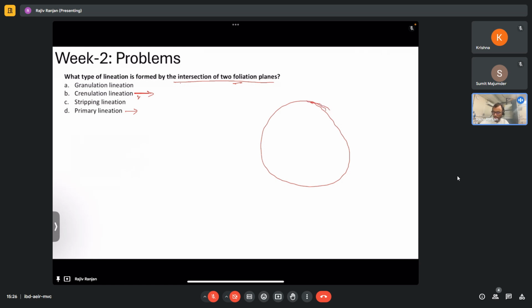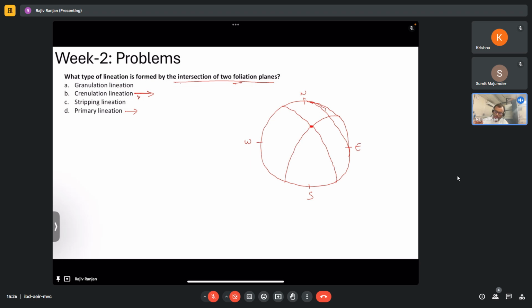Sorry, my drawing is terrible, please bear with me. If you have two foliations, suppose this is north, this is south, this is east, this is west. Suppose you have two planes, foliation plane A and foliation plane B. So the intersection would be